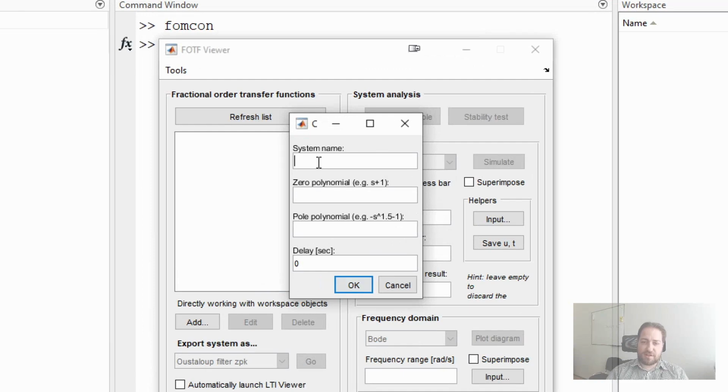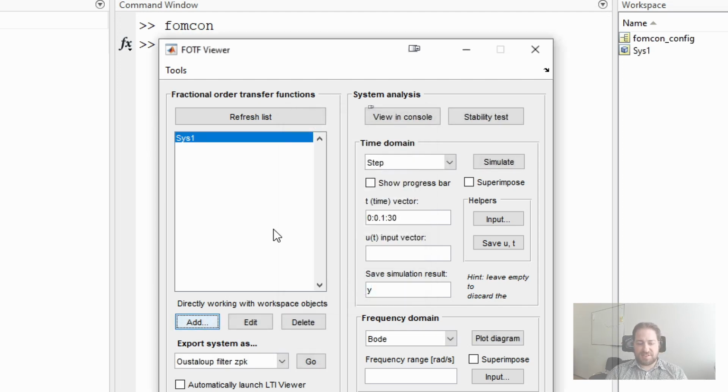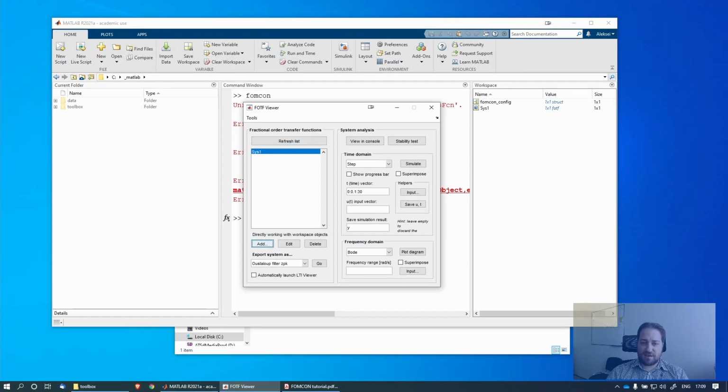So let's call this one SYS1 for system 1. Zero polynomial we can insert as strings, so we can say something like S plus 1, as it is mentioned here. And for the pole polynomial, let's type in something like 0.5 S to the 1.5 plus 3. Okay? And click on OK. Now you can see that in this list, we now have